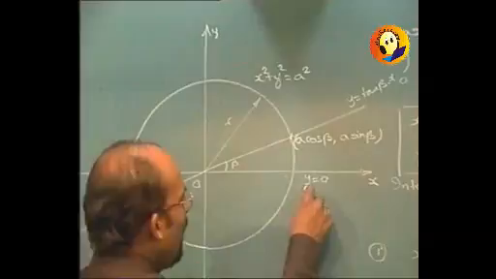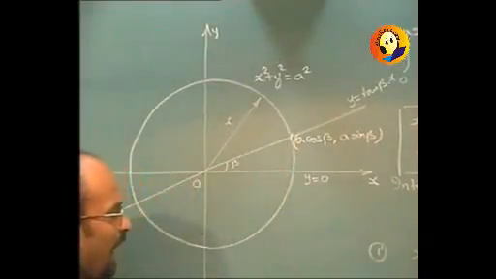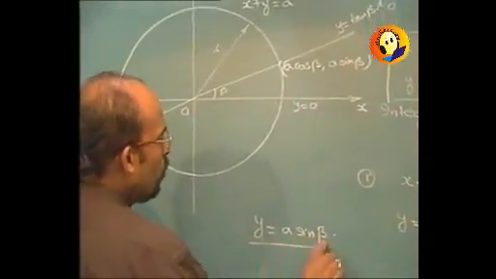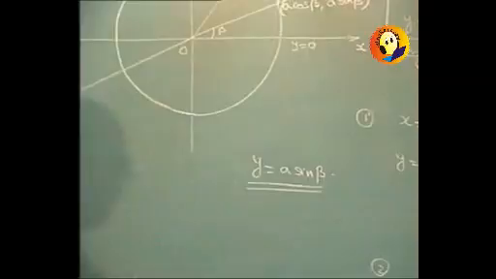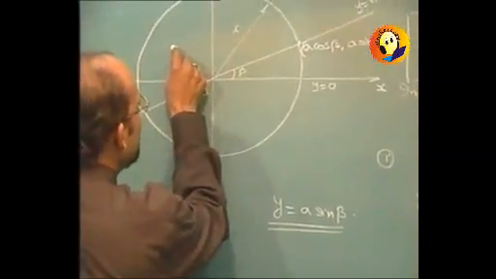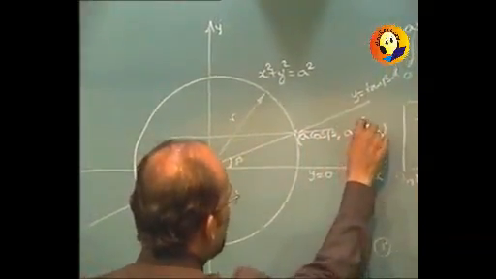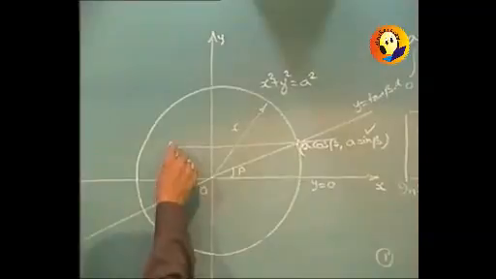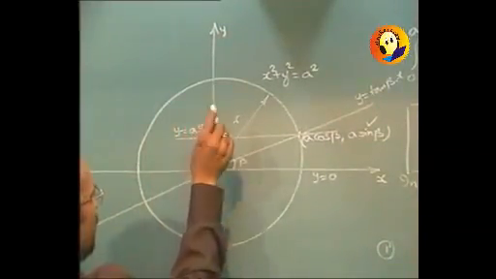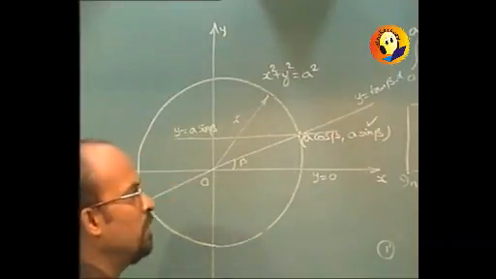Now from y equal to 0, the second limit we again have as y equal to a sin beta, and y equal to constant is always a line which is parallel to x axis, and so such a line in this case will be passing through the point of intersection, which also has got y coordinate as a sin beta. So line is y equal to a sin beta, and then if we see the sequence, then the inner limits